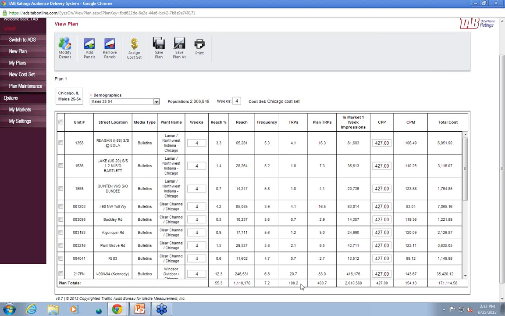We see that these units achieve a reach of 55.3% over a 4-week campaign, and an average frequency of 7.2. And what's exciting about this tool, now that we can put in these panels and get actual results of the campaign itself, is we can compare these results to market averages and really see how this campaign does at meeting the campaign goals. So, for example,